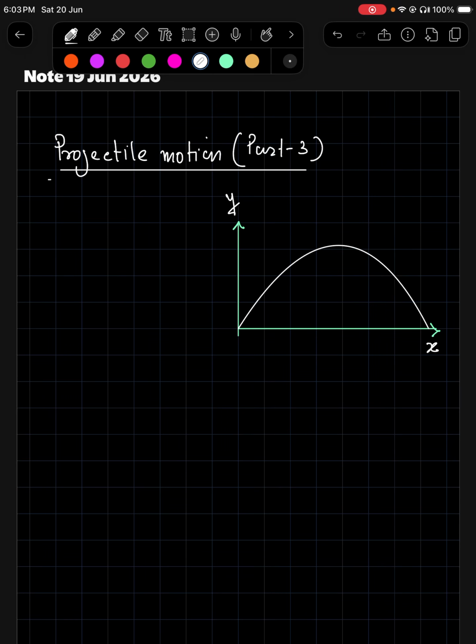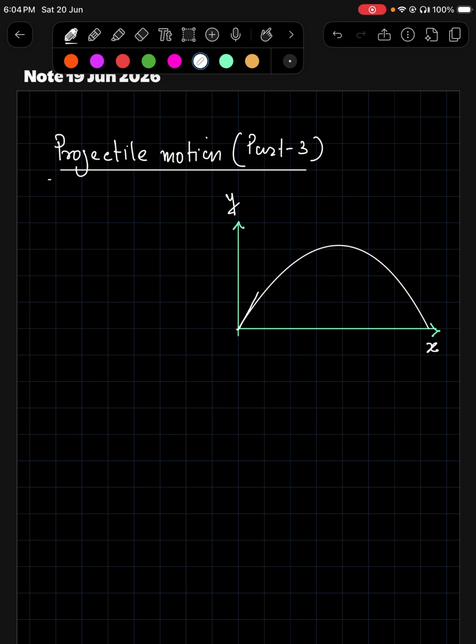Hello students. Now we have reached the third part of the projectile motion, where we are going to discuss some special characteristics in the trajectory of the projectile, or in the motion of the projectile. Okay. So to recall first the previous formula which we have derived in the first class,